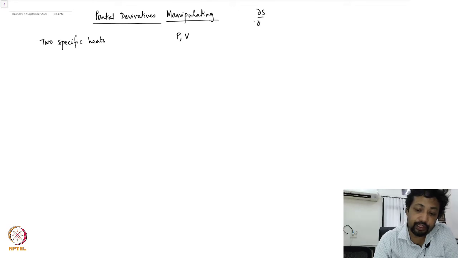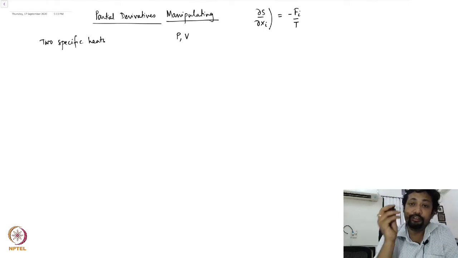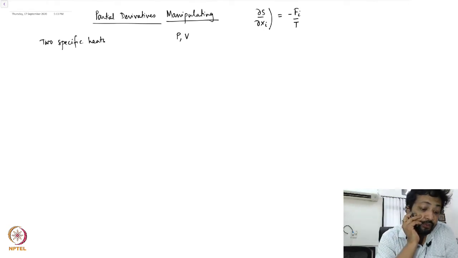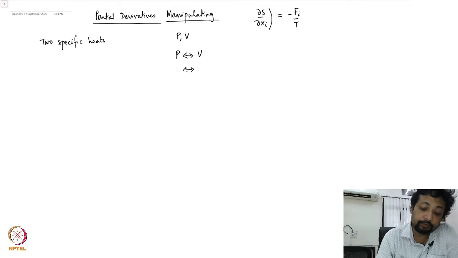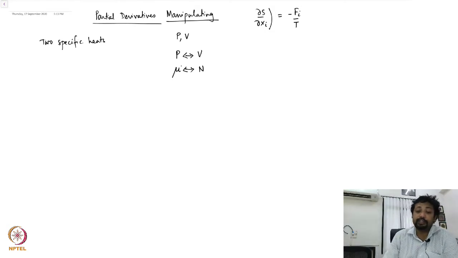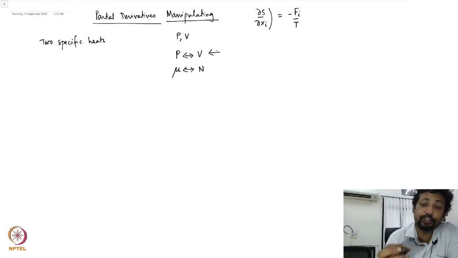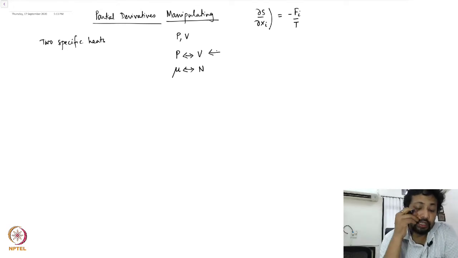So, for the generalized equations of state as minus Fi over T, where Xi is a generalized coordinate and the corresponding Fi is the conjugate force. For a hydrostatic system, for example, the pressure P is conjugate to the volume, and the particle number is conjugate to the chemical potential. So normally for a hydrostatic system, pressure and volume play a very significant role, and therefore